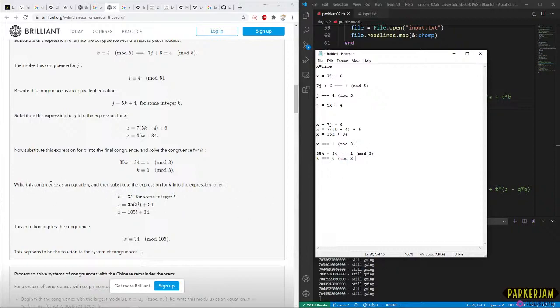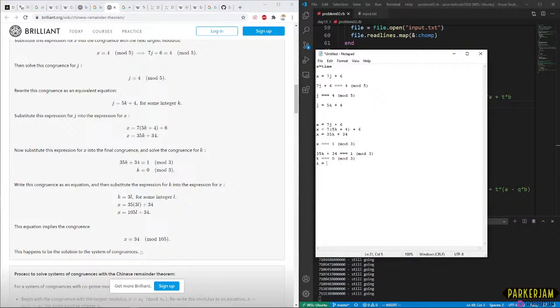Okay, write this congruence as an equation, and then substitute the expression for k into the expression for x. k equals 3l for some integer l. Oh, right.